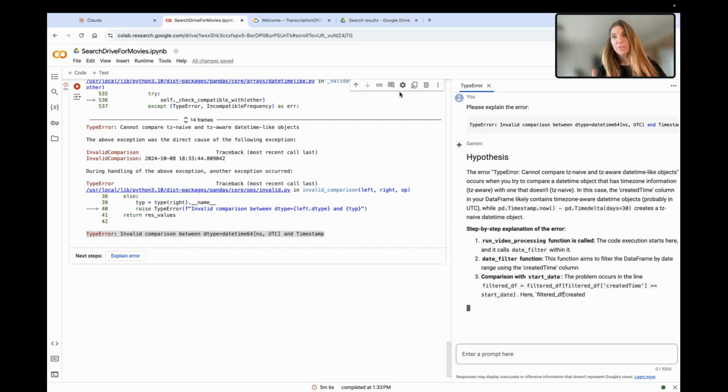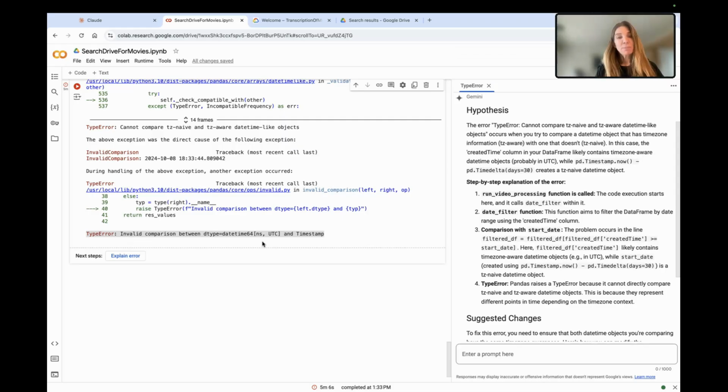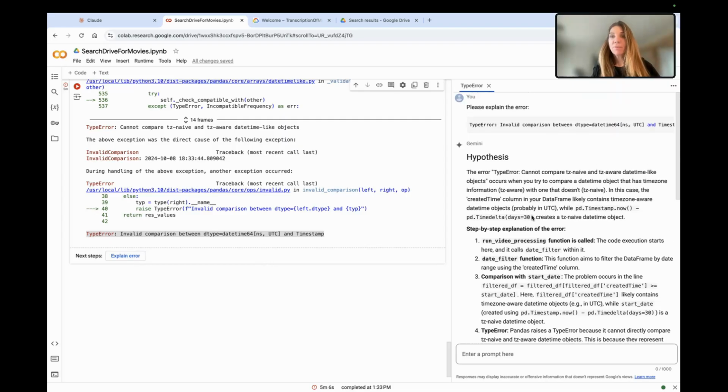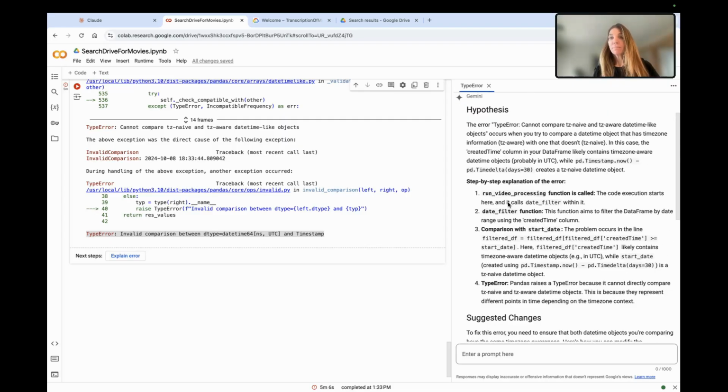So we have our first error, and I wanted to stop and show you this. So it says there's an invalid comparison between dtype equals datetime64 and timestamp. So what I did is I had Colab explain the error to me. Over here, it tells me the type error occurs when you try to compare datetime object with